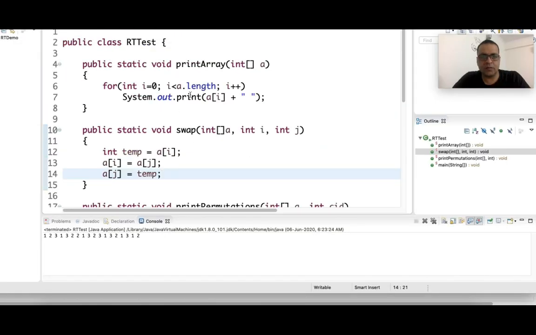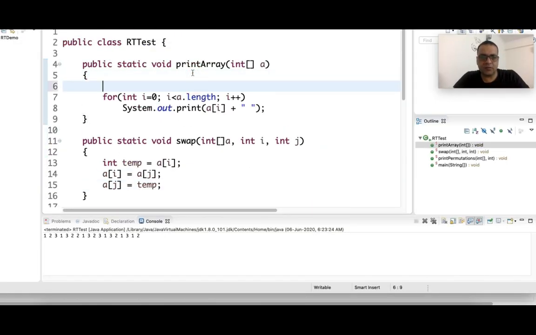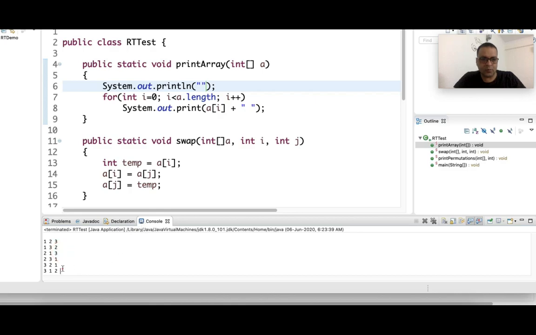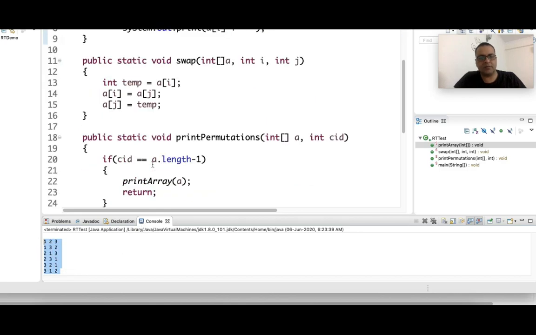It is printing all the permutations, but we need to print new line also. So it is printing all the 6 permutations, right? In the output, if you see, it is printing all the 6 permutations.